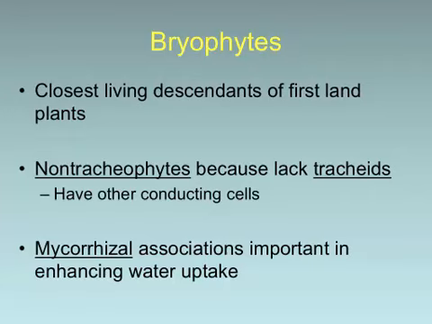And if you think back to Principles 1, mycorrhizae are a type of symbiotic and mutualistic relationship whereby a fungus enters into a relationship with the roots of a plant, and both parties begin to benefit each other. So the mycorrhizae are going to get carbohydrates from the plant. The plant is going to get phosphorus from the fungus. It's going to get increased water uptake from the fungus. Both of those two functions are due to the increased surface area that the fungus provides either in or on the roots of the plant.